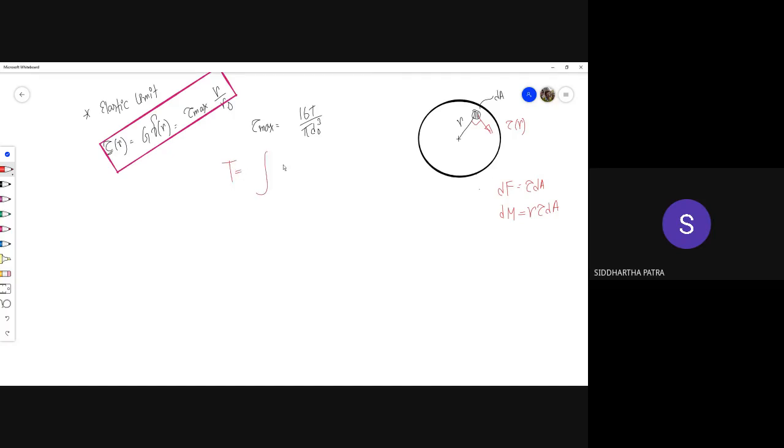So when I integrate that moment, that actually is the response to the applied torque, and that is supporting the applied torque and keeping the object in equilibrium. So this quantity has to be equal to the applied torque, and you need to substitute the expression for tau r then. So tau max comes out of the integration, and then